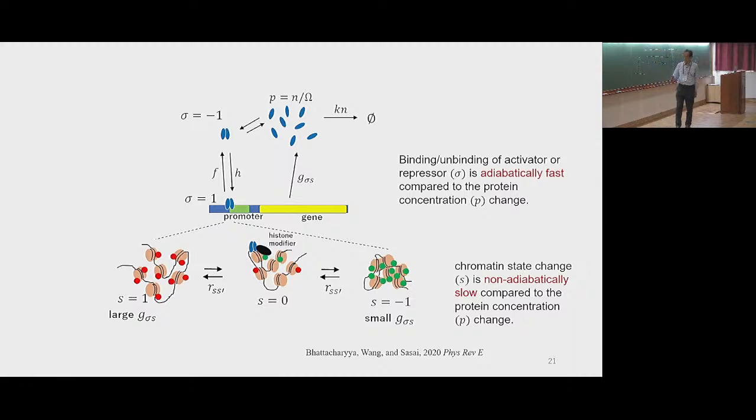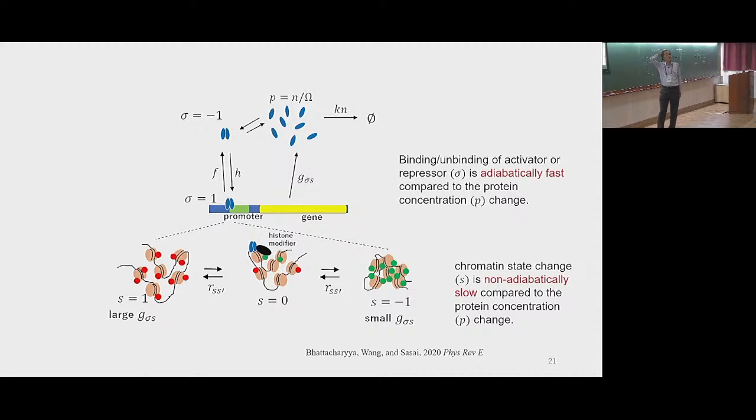And this part is the same as the previous bacterial model. So by incorporating this chromatin state and coupling it with the simple gene expression model, again, we can solve the problem with the GSP algorithm,